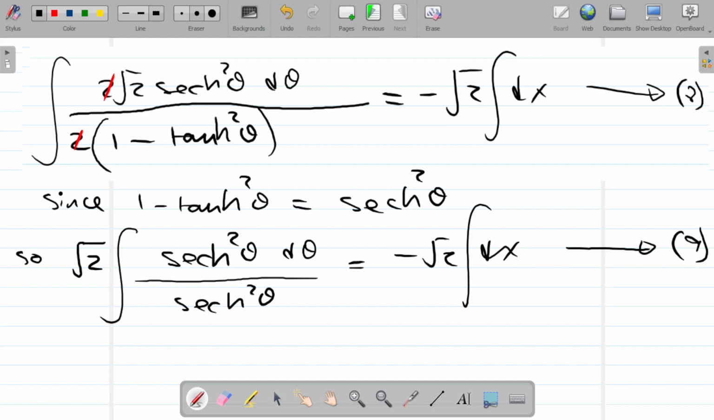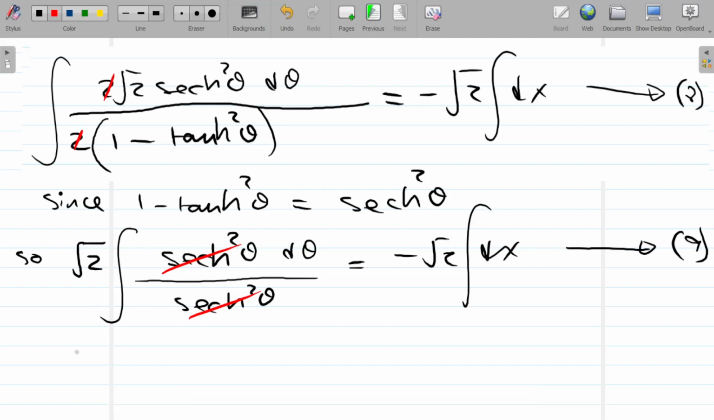So you can see that on the left hand side we've got basically root 2 times the integral of sec squared theta d theta over sec squared theta, equal to, on the right hand side, minus root 2 times the integral of dx. So as you can see, the sec squared theta cancels with the sec squared theta in the denominator. So let's just get rid of this stylus. So what we're left with